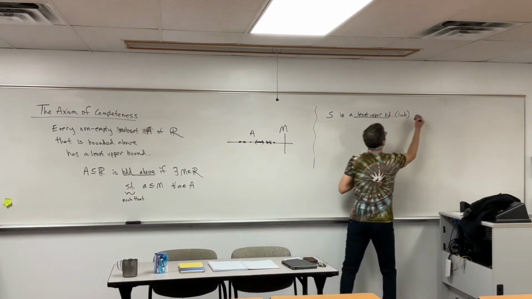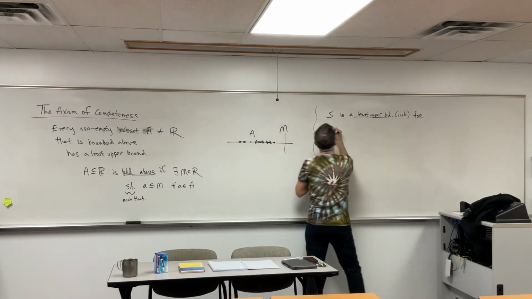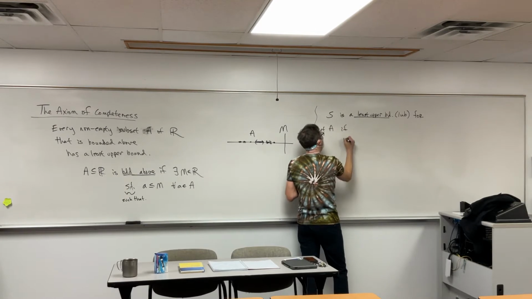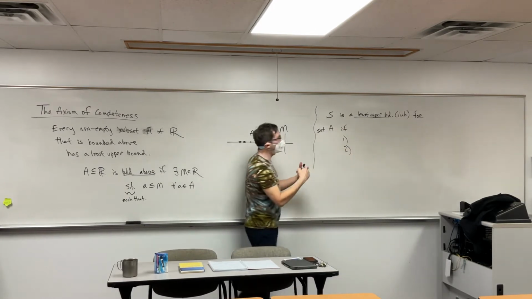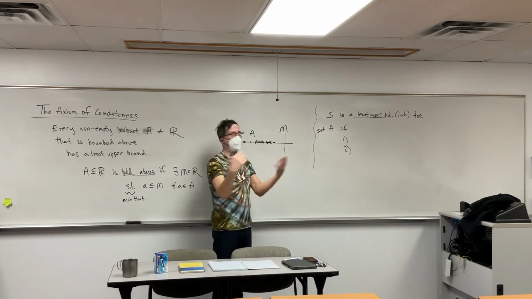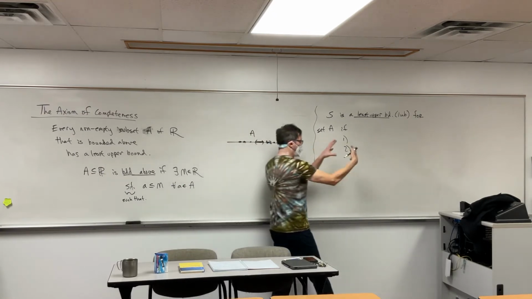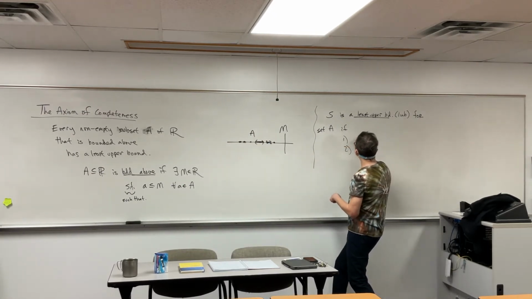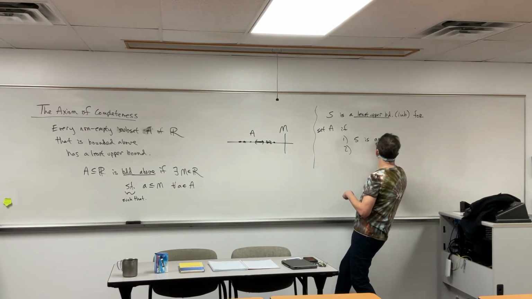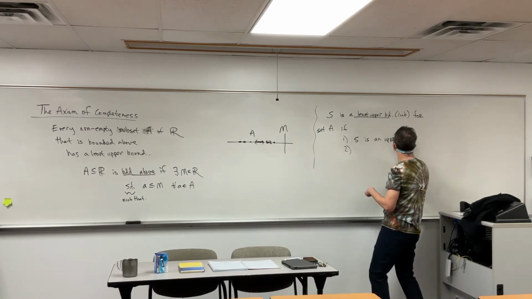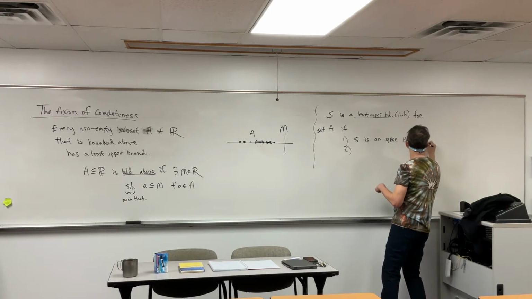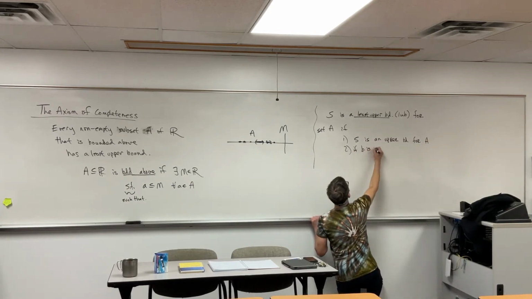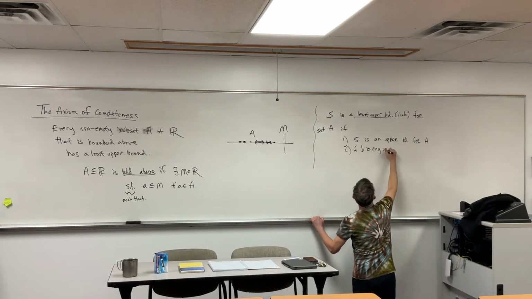S is a least upper bound for a set A if, and then there's really two things. First off, S is an upper bound, and Noah had this all lovely woven together. So if S is an upper bound, we know what that means. And then if B is any upper bound